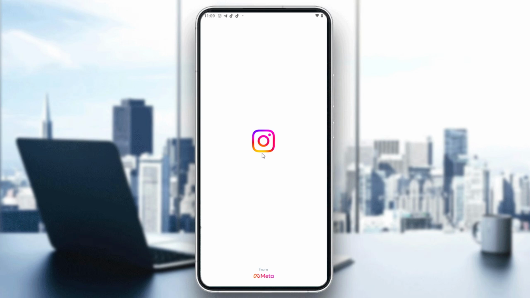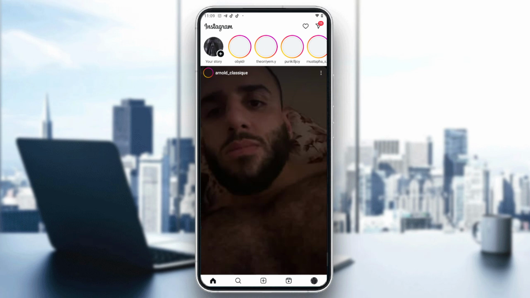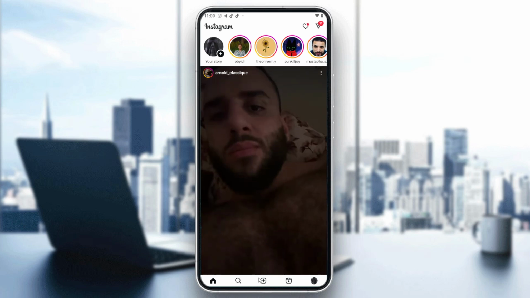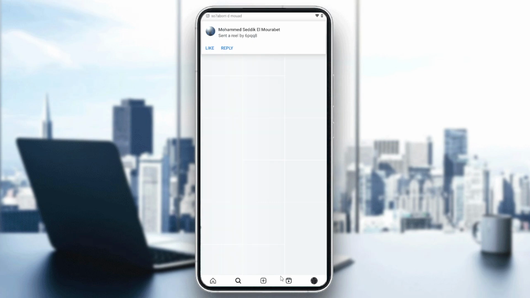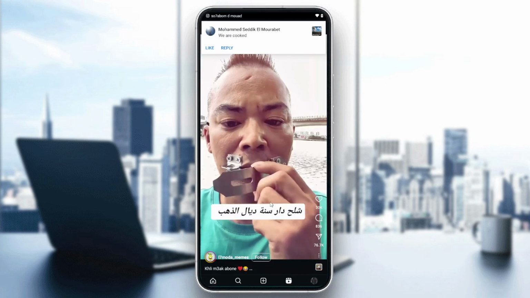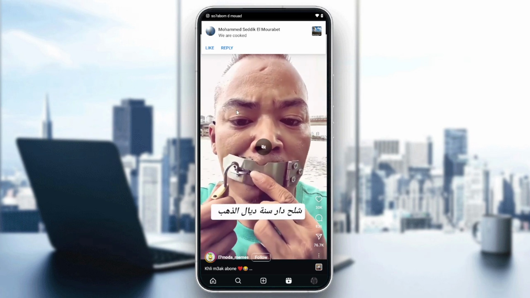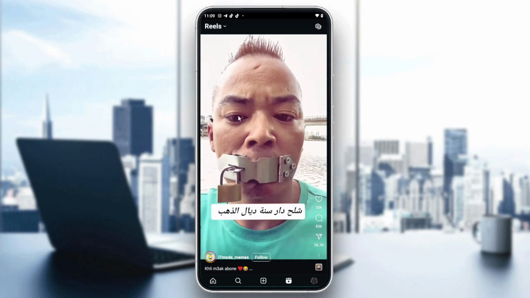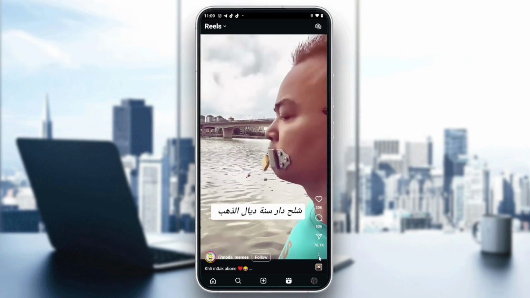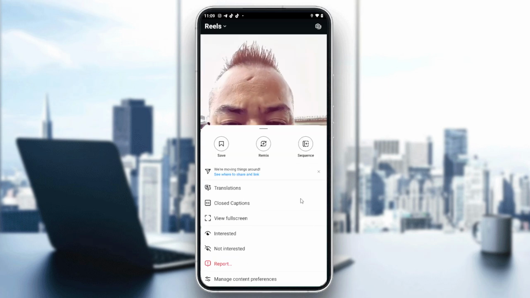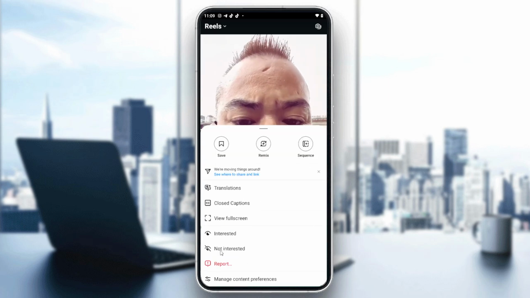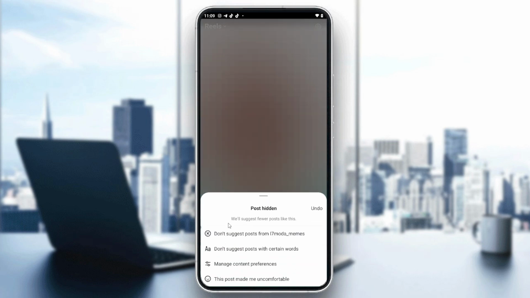So after going to our Instagram, we can go to any feature, like Discover or Reels, and from here we will find many reels or any kind of feature. Either we can go from the Reels and you will find these suggested posts or suggested reels. After that, you can simply click on the three points icon and from there click on not interested. By clicking on not interested, you will find another option that says do not suggest posts from these accounts